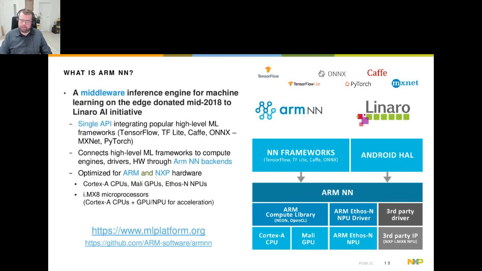And the most notable feature is it takes inputs from all kinds of frameworks, so TensorFlow Lite, ONNX, or Caffe, and it's able to run such a model through its engine